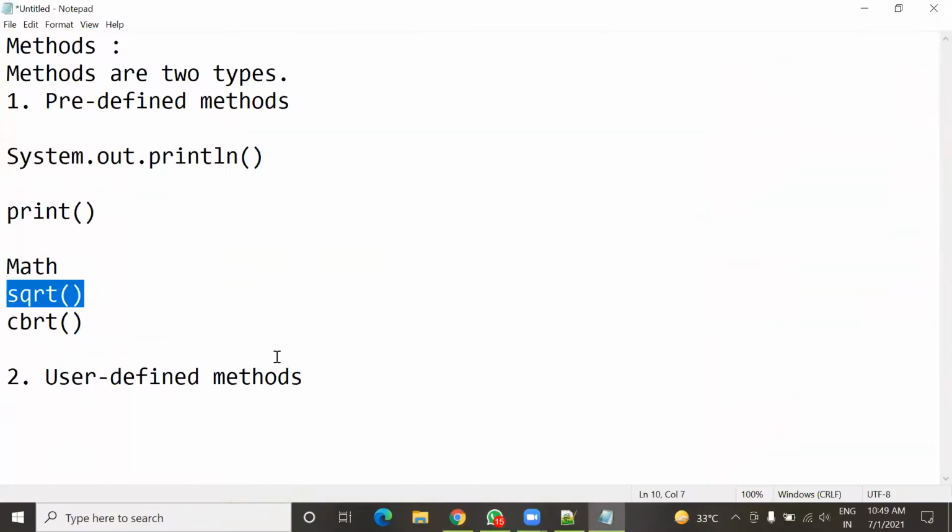Understood, everyone? Yes, sir. Okay, then I'll continue with methods in detail in tomorrow's class. I suggest you all, before joining tomorrow's class, study about methods. It is given in your book, page number 45, methods.